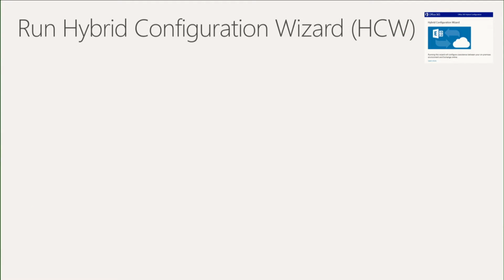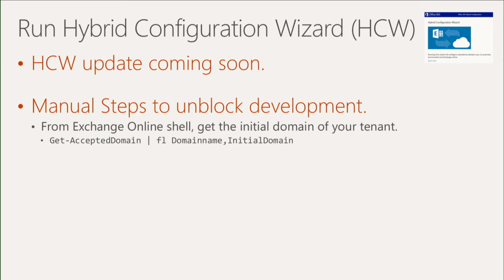And finally, we need you to run Hybrid Configuration Wizard. The HCW update with the steps which I'm going to talk about is coming soon. Right now, to unblock deployment though, here are the steps you can follow. Number one, from the Exchange Online shell, you have to run this cmdlet to get what's called an initial